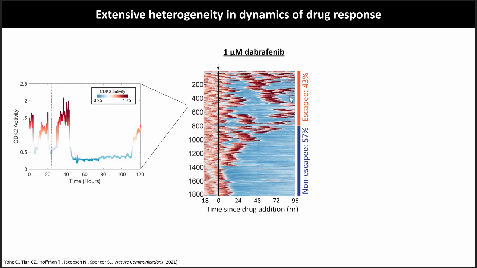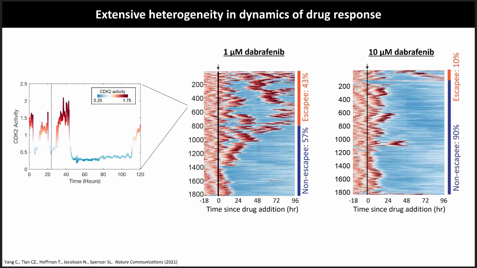When you integrate over 4 days, the fraction of cells that has escaped at least once is actually fairly high, about 43%. So we thought, okay, maybe let's just try a higher drug dose and see if we can get rid of these cells. But what we found was that even at this very high dose of dabrafenib, we do reduce the SKP population down to 10%, but we cannot fully eliminate it.